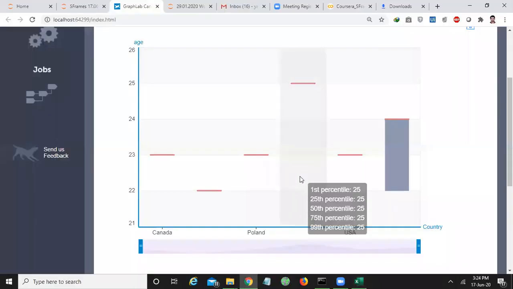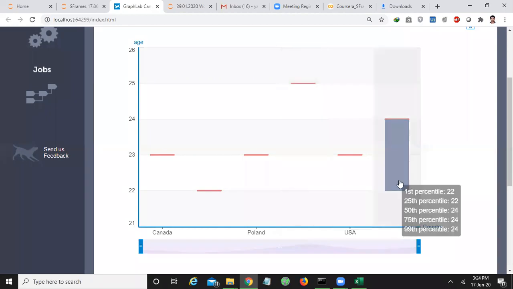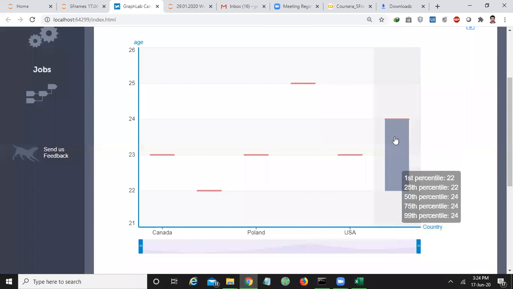Switzerland. Switzerland, only one age is there, that is 25. But if you observe the United States, we have two values, one is 22, another is 24. So this is the distribution of ages in the case of the United States.